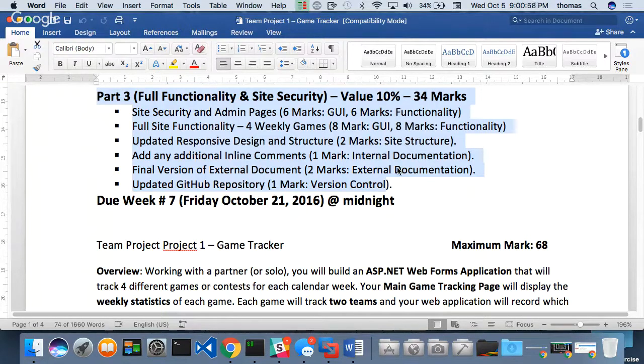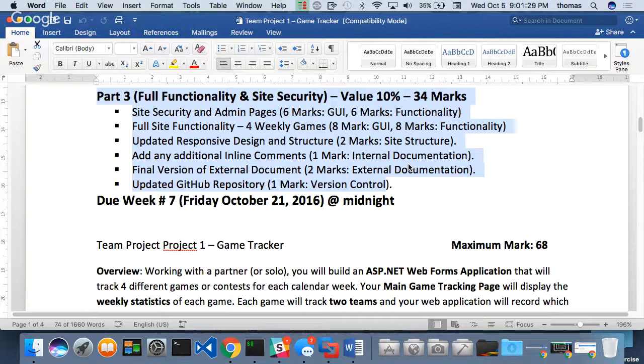Would you mind posting all the possible bonus marks? Eddie, then I give all the secrets of the universe away. I can't do that. The bonus marks, I'll say it right now for the video: if you put it up on Azure, you get 4 bonus marks for this week. Just putting it up on Azure, 4 bonus marks, 100%. I'm not going to say 1 or 2 or 3, it's 4. That means you've gone around the problems of getting it up on Azure, you've figured all that out, and you put it up.